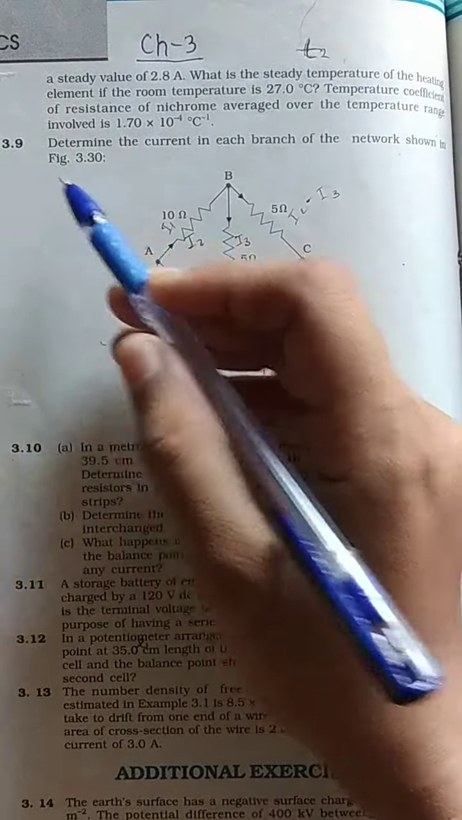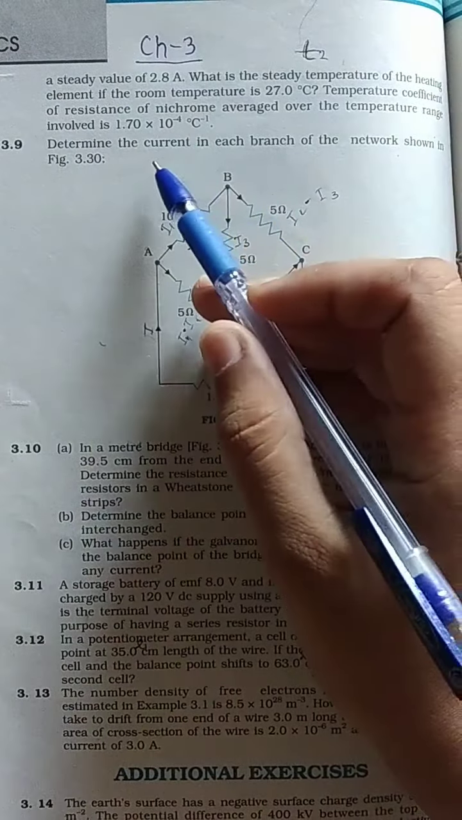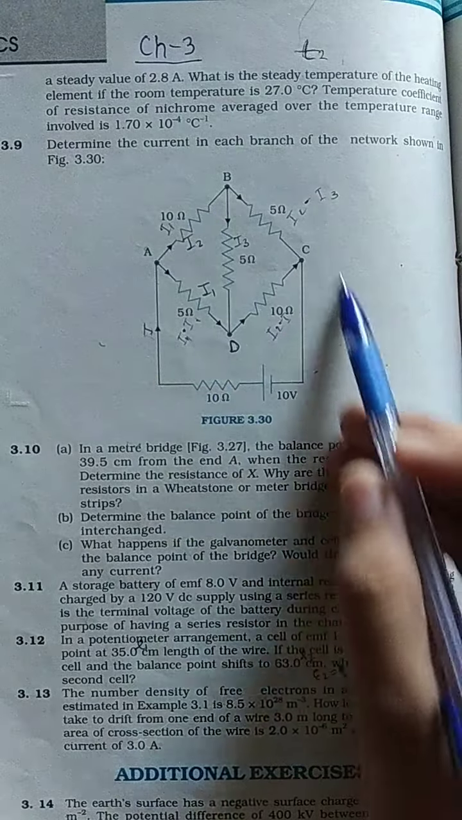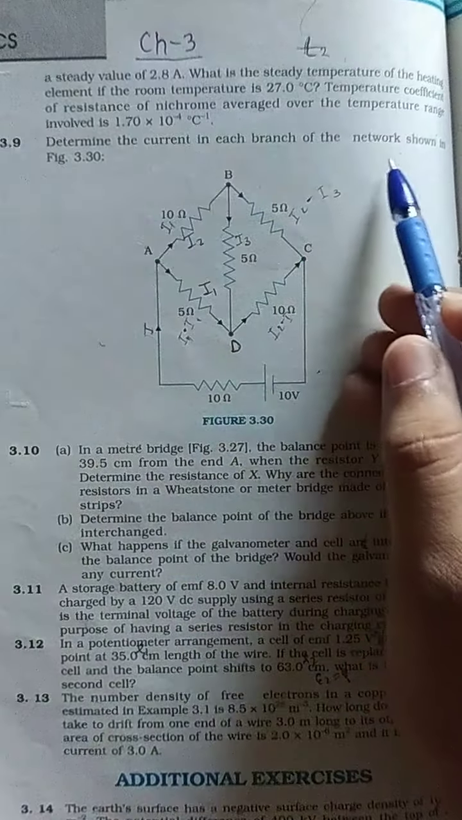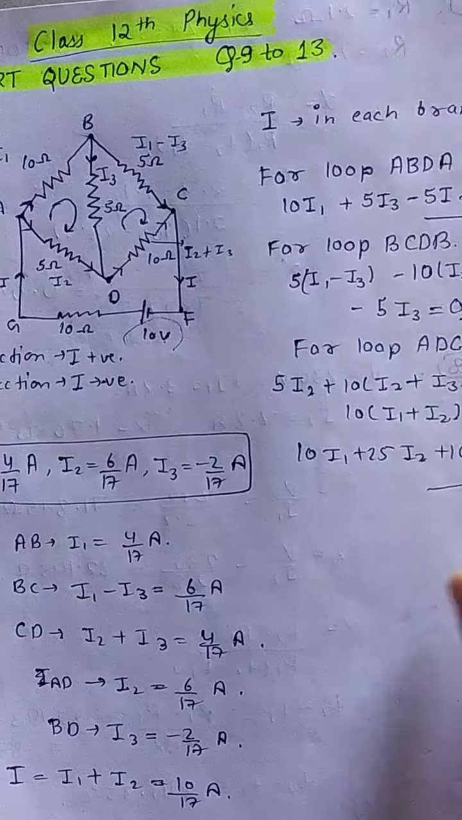First, the ninth question that we will consider in this lecture. Determine the current in each branch of the network shown in figure. This is the given figure of this question. We have to find out the current in each branch of this network. The required solution of this question is,